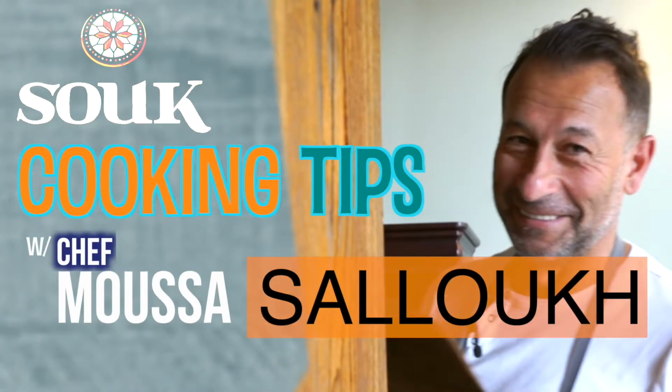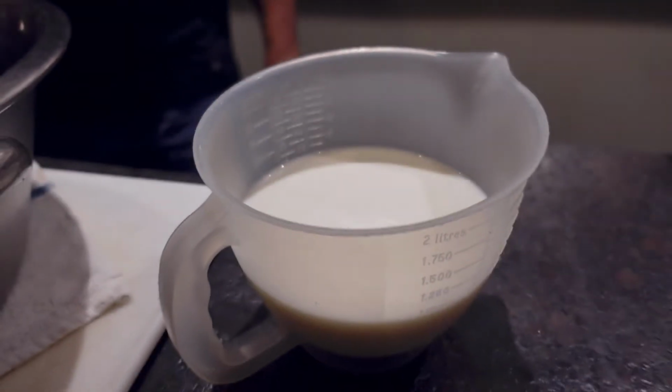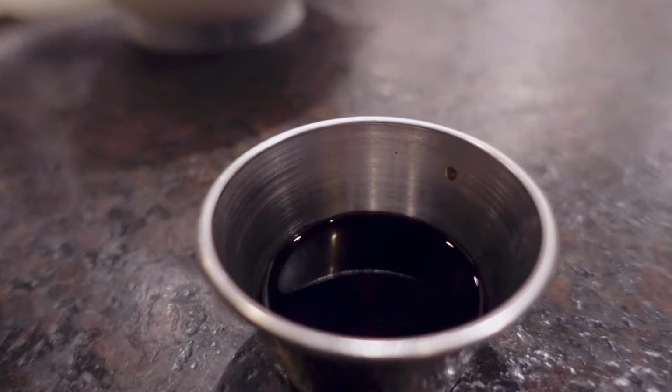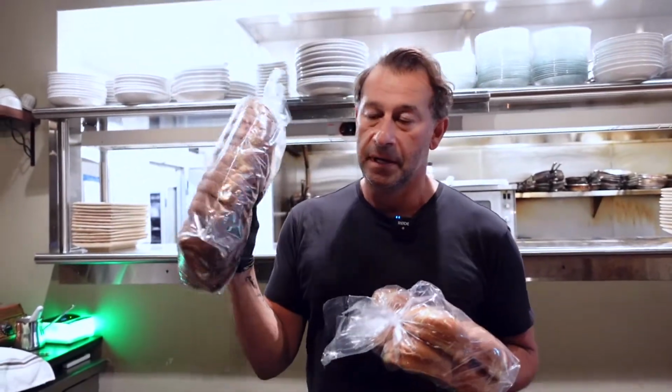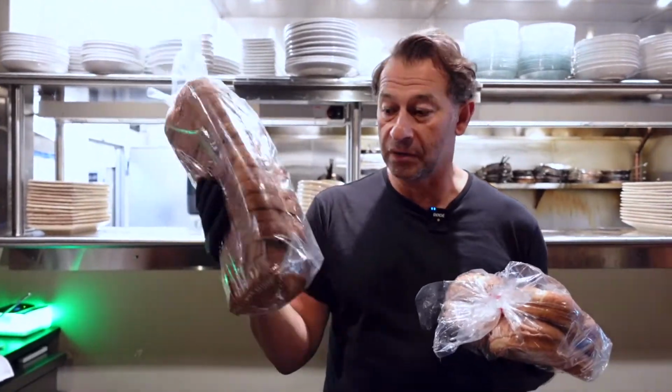Recipe, I'm gonna do the full version. It's gonna be 12 eggs, 4 cups of milk, 4 cups of sugar, 4 tablespoons of vanilla extract. And the beautiful thing about this recipe is I'm using 2 loaves of bread, because I use brioche loaves for brunch, so I have a brioche loaf for brunch that I'm gonna use, and I'm gonna use